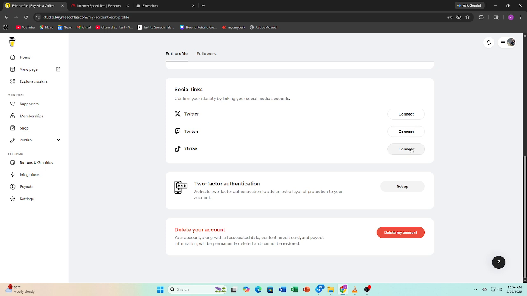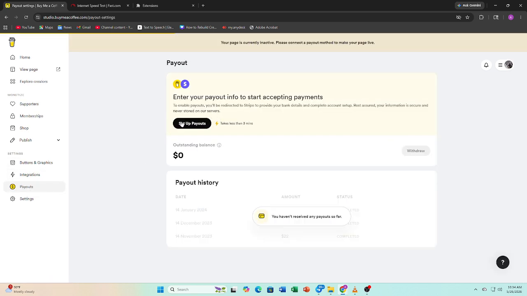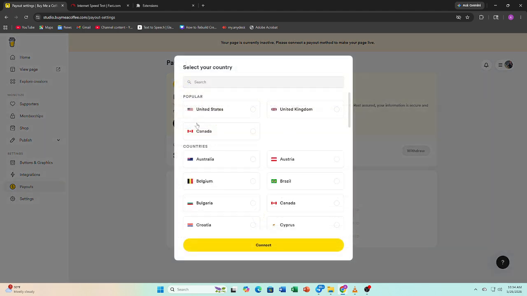Now you need to connect your payout method so you can actually receive donations. Open the Payouts section in your dashboard and follow the Stripe setup process. Buy Me a Coffee currently uses Stripe for creator payouts, and your page may stay inactive until payouts are connected